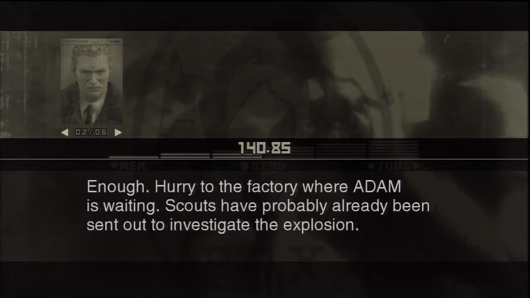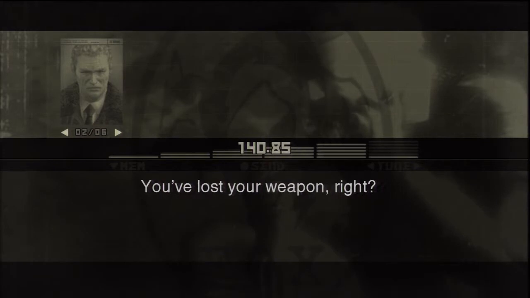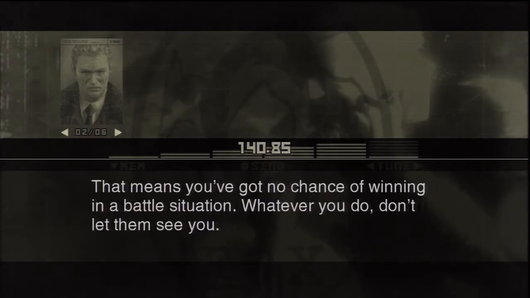Enough. Hurry to the factory where Adam is waiting. Scouts have probably already been sent out to investigate the explosion. You've lost your weapon, right? That means you've got no chance of winning in a battle situation. Whatever you do...